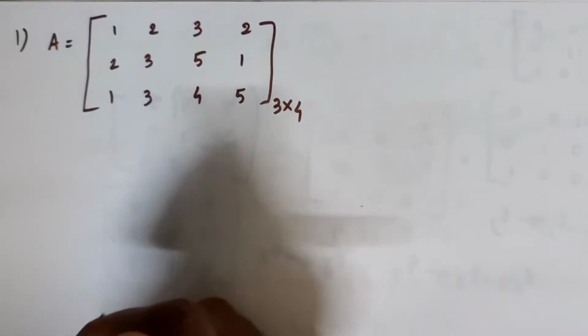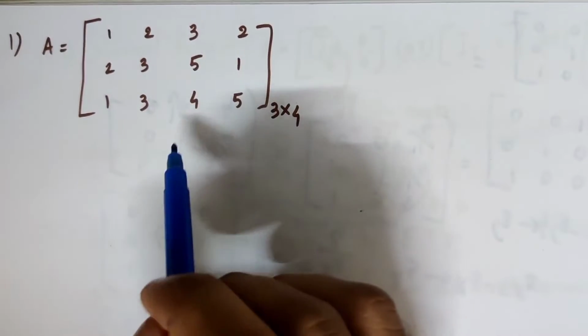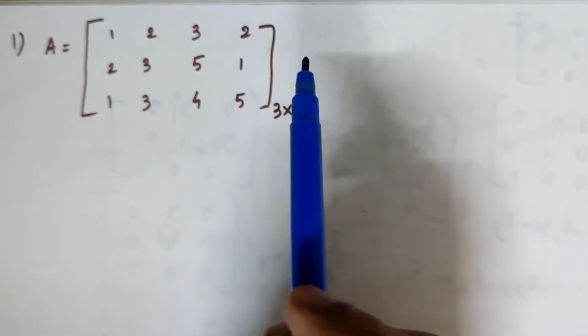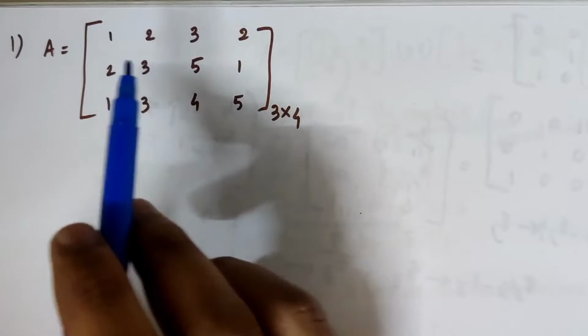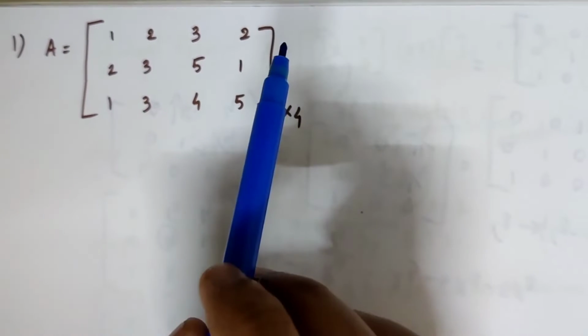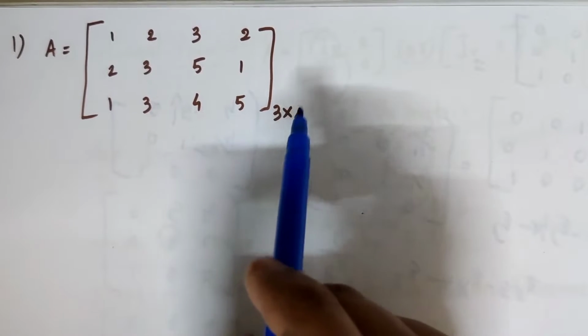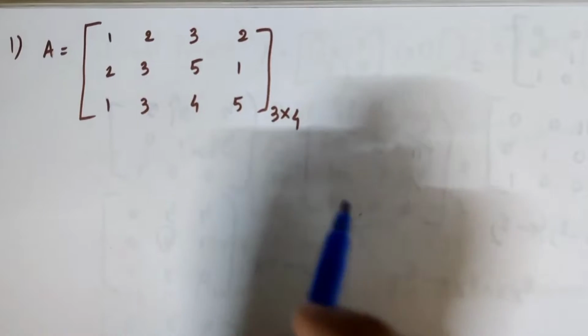So in the previous video we started our topic called ranks. In the ranks we also saw the shortcut method for finding the rank, and also the normal form or canonical form for finding the rank. In the previous video we discussed only the normal form for square matrices. We should also discuss the normal form for a rectangular matrix. So here this is a rectangular matrix.